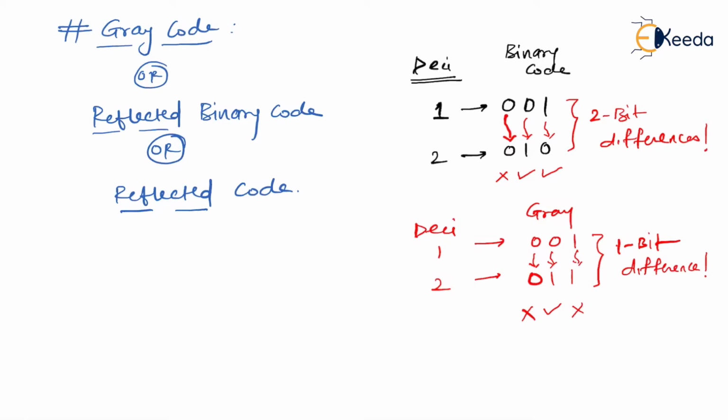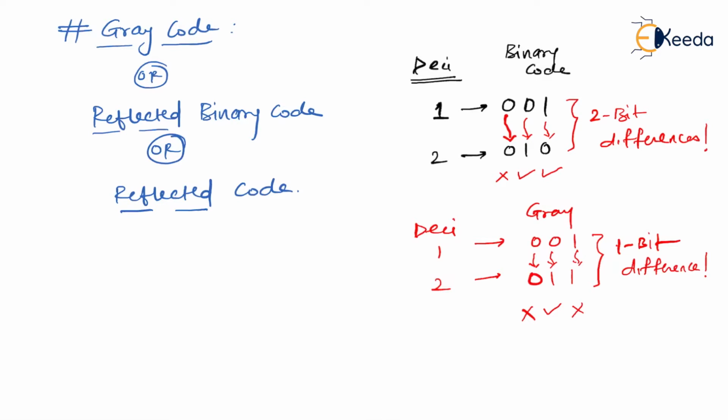I hope at least you understood what is exactly meant by gray code and how to identify whether it is a gray code or the binary code. Looking at only one code, you will never understand whether it is binary or gray. Only when a set of codes is given together will you understand whether it is of binary nature or gray nature. In binary, there is absolutely no restriction that there has to be 1 bit difference or 2 bit difference.